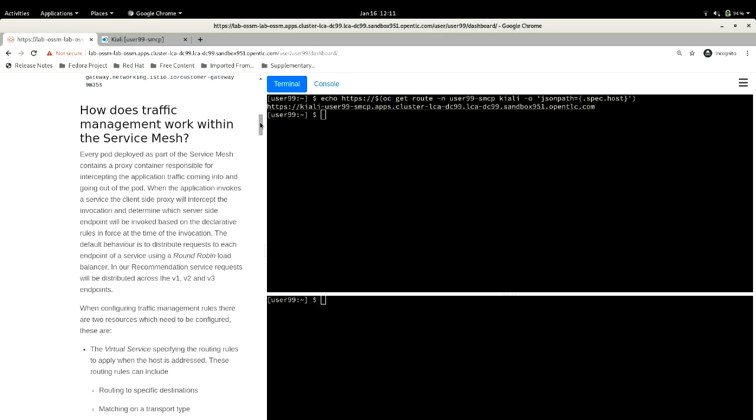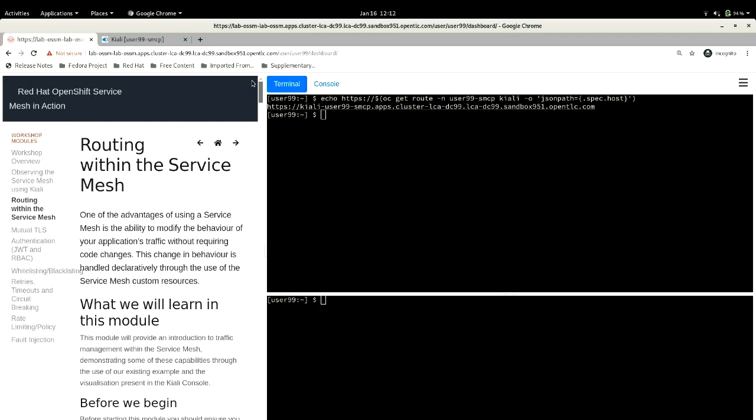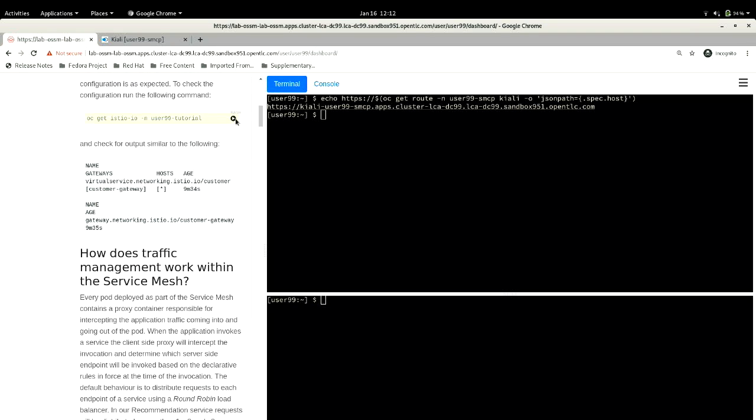The most important thing to realize is it's everything done by the sidecar. It's more towards the ops folks actually doing this, not the developers. Okay. So here, if I show you the route,